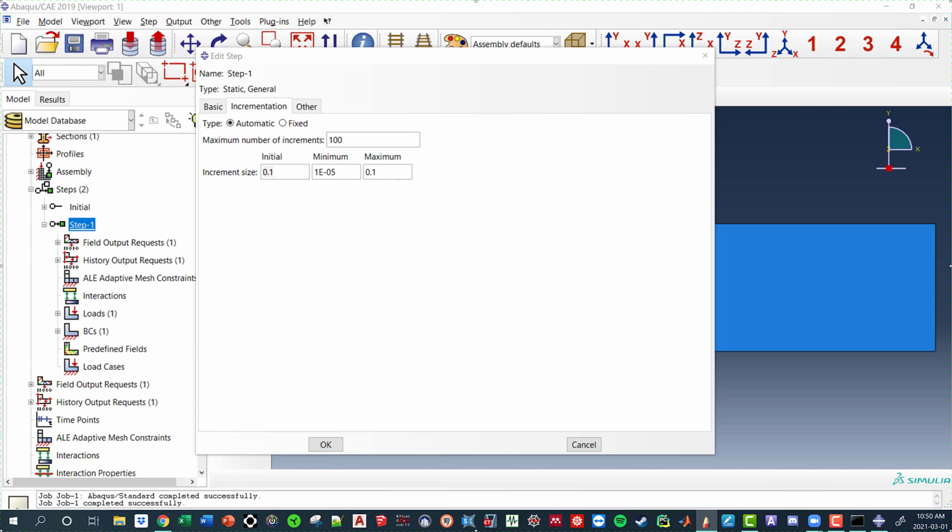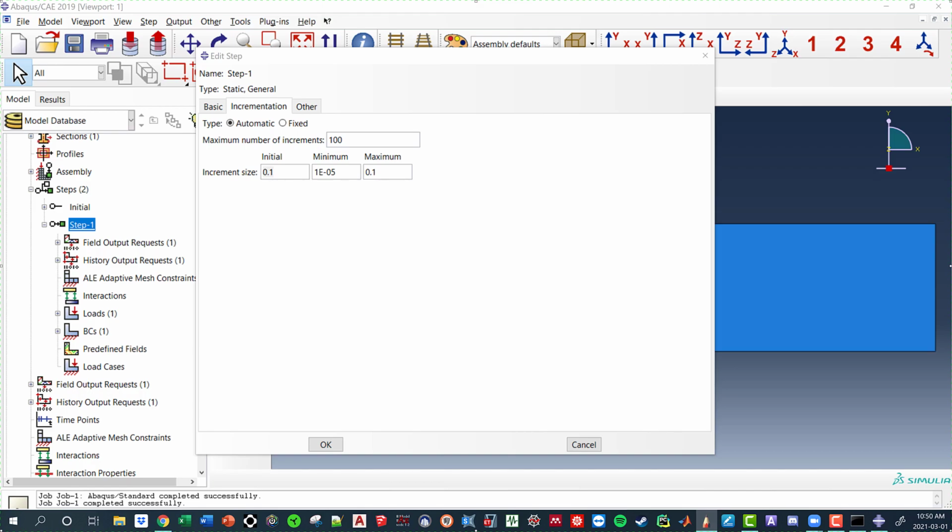So if we had our total time at 1, then we're going to have load 1 and load 2. In load 2, we are going up to, let's say, 100 kilonewtons, and in load 1, we are going up to 10 kilonewtons. Okay? Did I share the screen right? Can you guys see this?